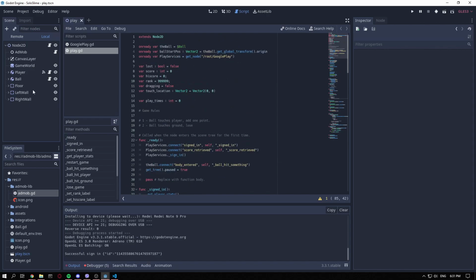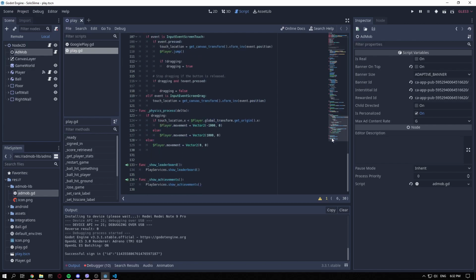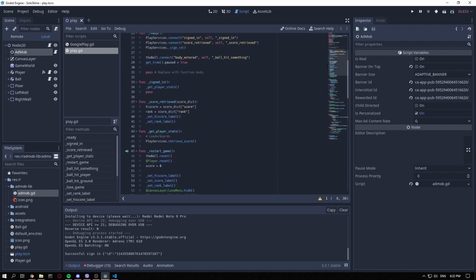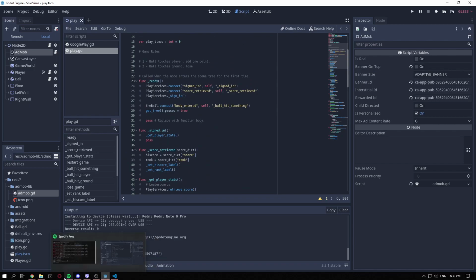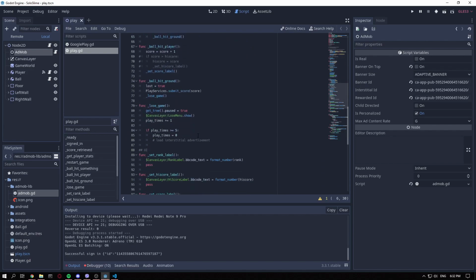The first thing we're going to need is a reference to our AdMob object here. So here we're going to do onready var AdMob as AdMob equal AdMob. Anyways, so we've got a reference to that object. Now, what do we need to do? We need to load the advertisement. Now, I believe to do that, it's fairly simple. Whenever we get to lose here, we are going to say